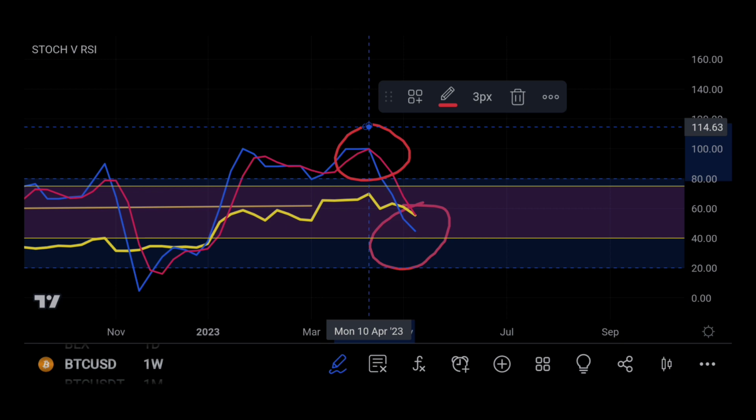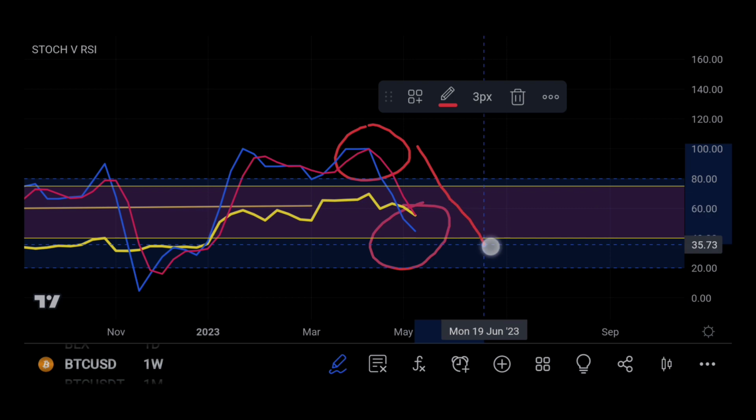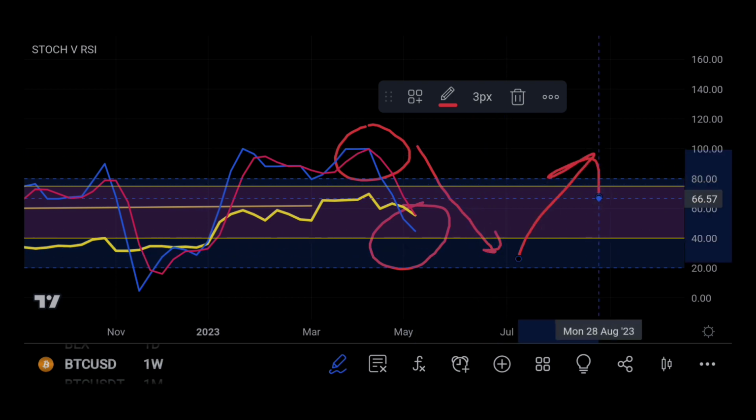We were already peaking, so that meant that we're overbought. We need to come down, and the indication was there. So that means we're coming down. We're going to come to this yellow line at least, and then start moving back up again. That's when the super bullish moves happen. How long is it going to take? We don't know. It could take 2 weeks, 3 weeks, 4 weeks. But it's not going to happen overnight. That's what you need to focus on. That's what you need to understand, right? So that's what I'm looking at.